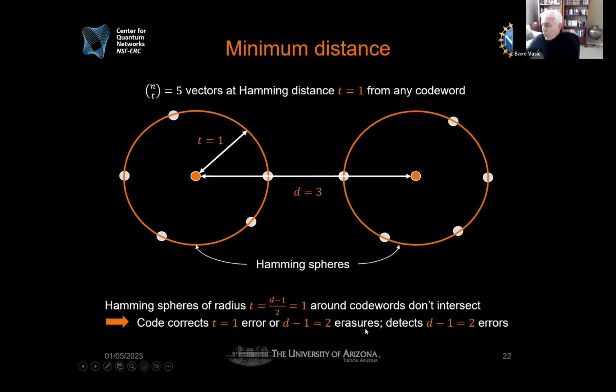We can correct 2 erasures because these 2 erasures can be recovered from these parity check equations, and we know that they are not errors. And then we can detect 2 errors in this case, because the syndrome is not going to be 0 for